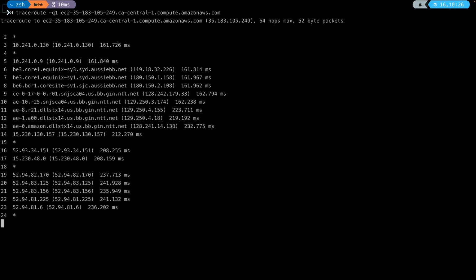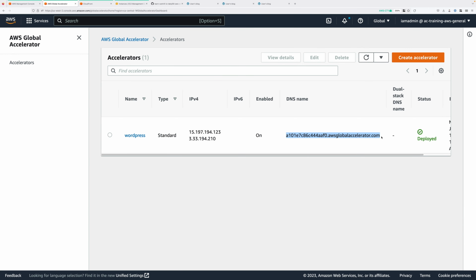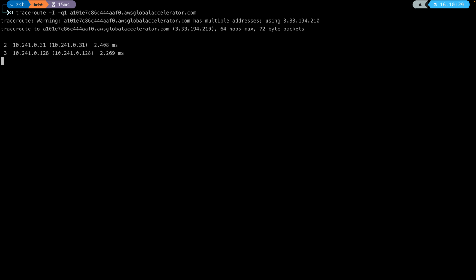Next we're going to try the same, but with the DNS name of the global accelerator. So move back to the command prompt, type traceroute, and then a space, and then we're going to use some additional options, so -I, and then space -Q1, and then the DNS address of the global accelerator. Now the reason for these options is beyond the scope of this mini project. In this case, just go ahead and press enter. Now you'll notice this time the traffic route is significantly different.